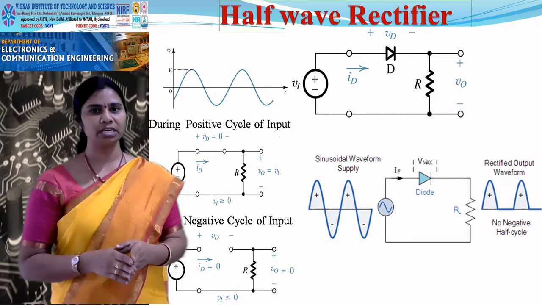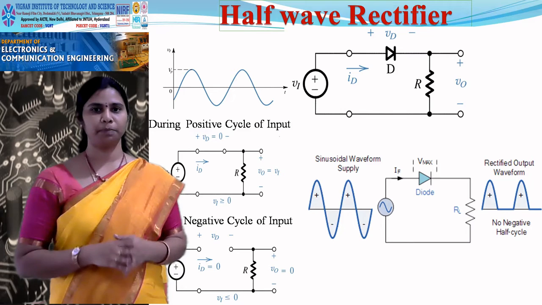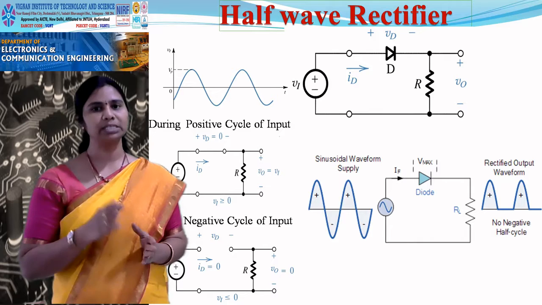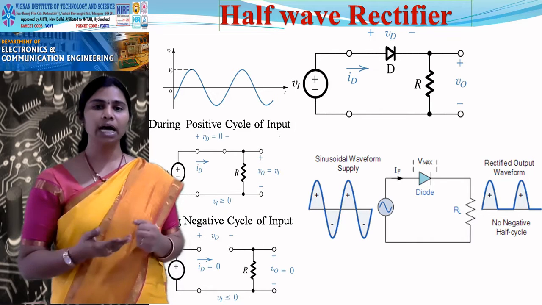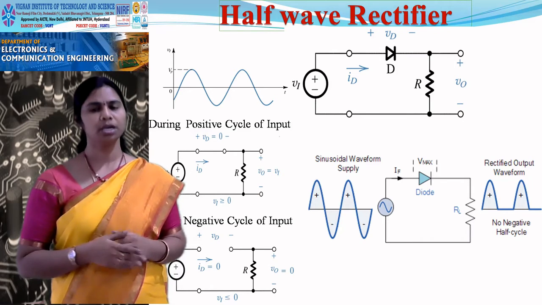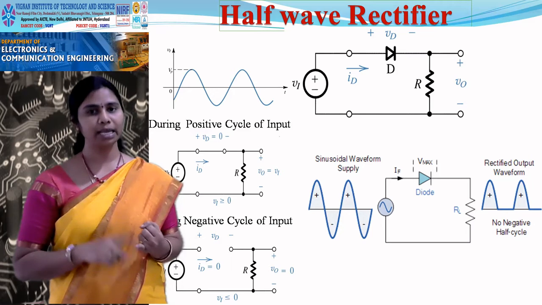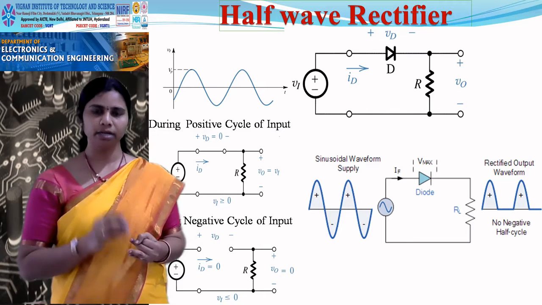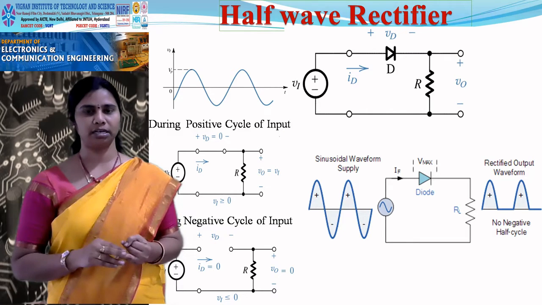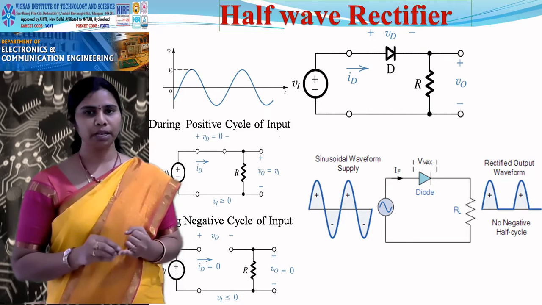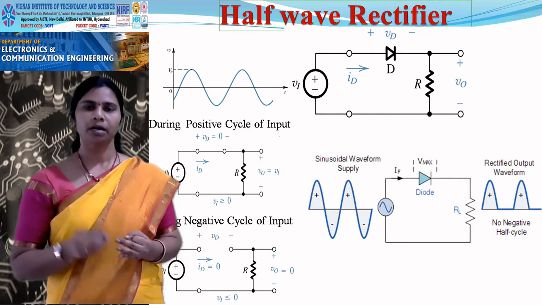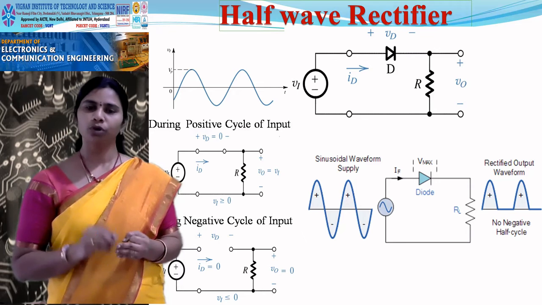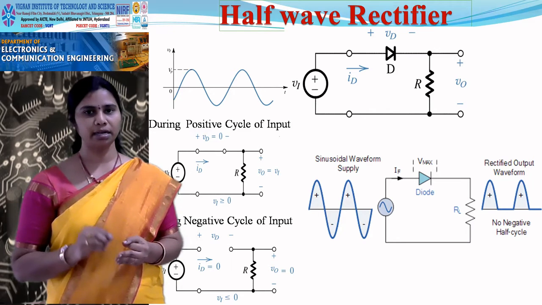So the efficiency is below 50% because in the positive half cycles you are getting the output, but still it is not constant. So you can't say you have got pure DC. You have pulses in it, you have AC content in it, you have ripples in it. So whatever AC content is present in the DC signal, you name it as ripples, pulses, and you name it as the AC content in the DC value, which you call pulsating DC.